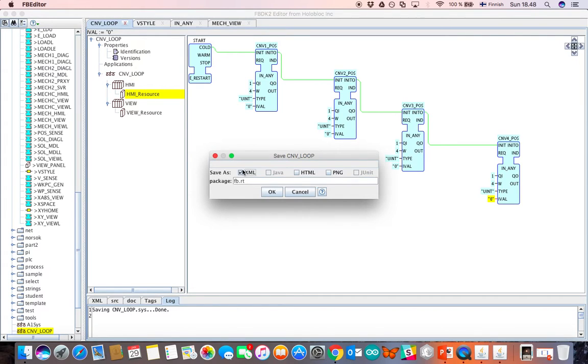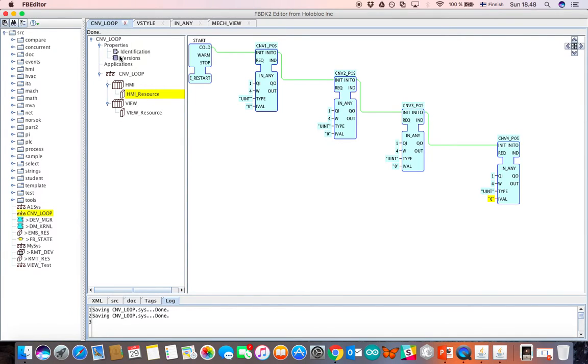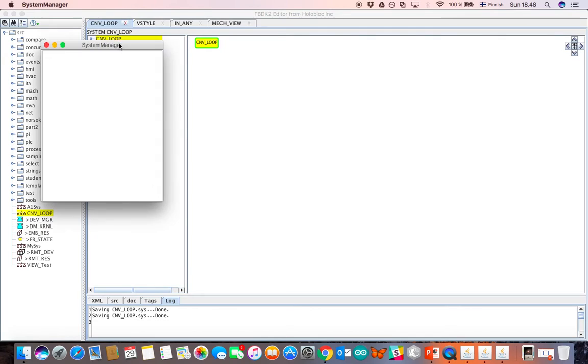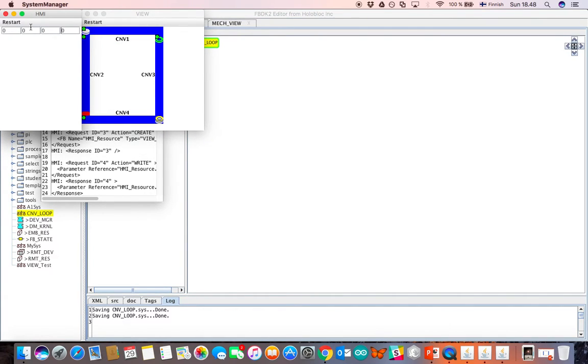I save the application first, and on the root, making a right mouse click, run CNV loop. Let's see what comes. We have 4 fields, and as they were introduced, 0, 0, 0, 0 comes here. What else can we see besides those zeros? Well, if we change a value, nothing would happen. When we work with this in 4diac, we put the value and press enter, but nothing, as you see, happens,